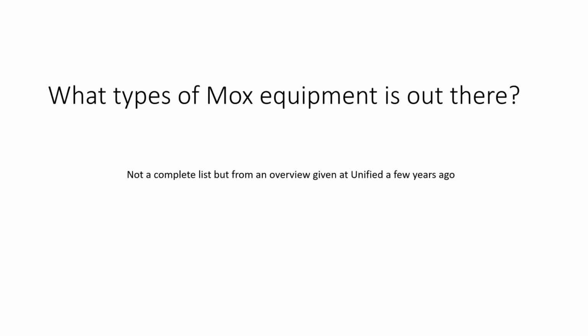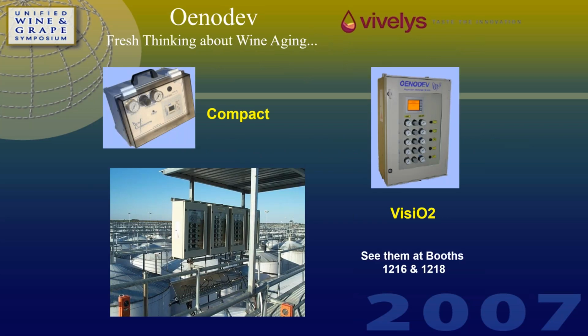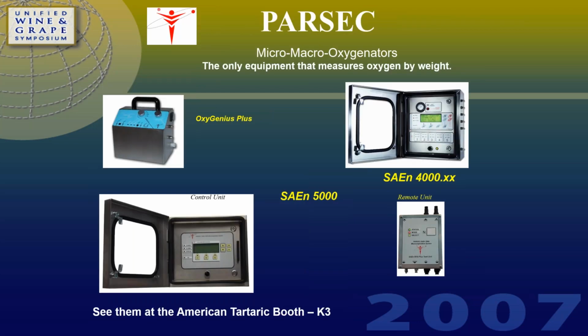So just as a real quick end, what type of MOX equipment's out there for you to use? This was something I did for Unified back in 2007. I just wanted to show you. It's now Vivalis. Their systems are quite nice. They've got very automated systems and are really good. And you just contact the Vivalis people if you're interested in it. The Parsec unit, these are the guys that I think are probably maybe one of the best on the market, and they actually do tout doing macro-oxygenation during fermentation,